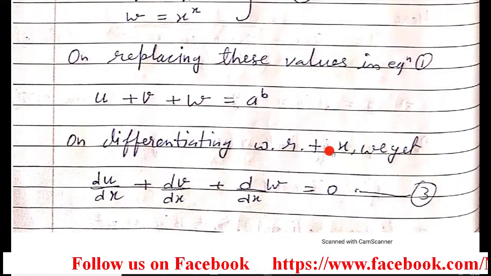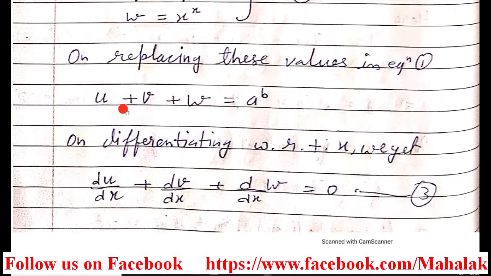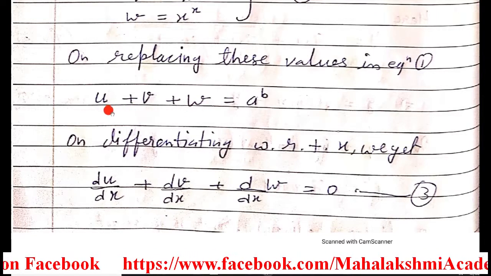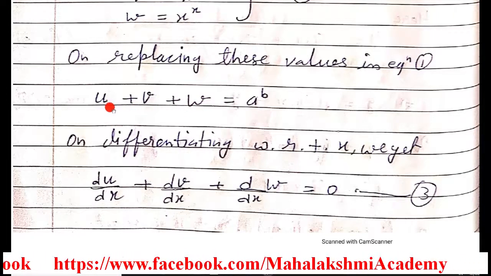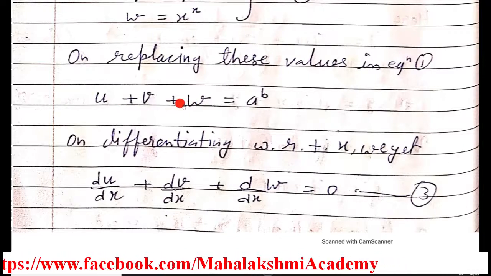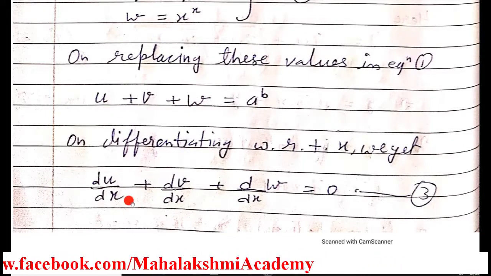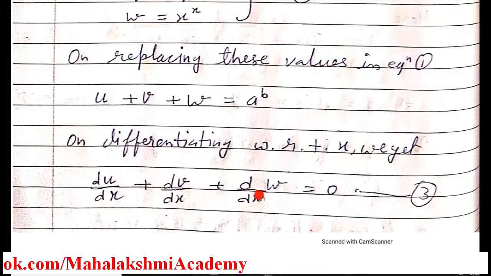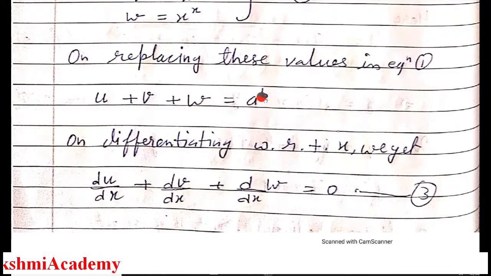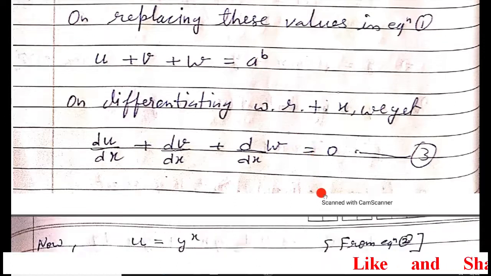Now differentiate it with respect to x, and we know that u, v and w are functions in terms of x and y. So these are not constant. So the derivative symbol will come with them like this, but this is a constant because we are finding dy over dx. So except dy over dx, all others are constant for us. So this is constant for us, so the differentiation of this constant is 0.